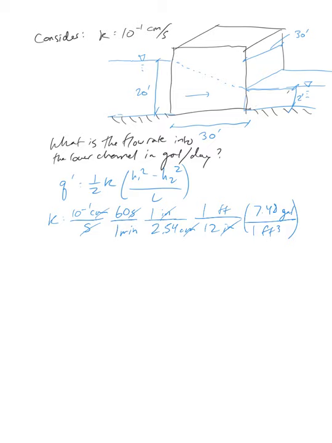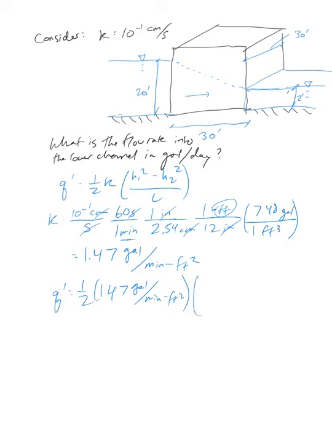Okay. So in the end, I'm going to wind up with 1.47 gallons per minute foot squared. This foot up here is going to cancel one of these down here, and I still have my minutes and my gallons over here. Okay, so now when I plug into this equation, Q prime equals 1/2 K, 1.47 gallons per minute foot squared,